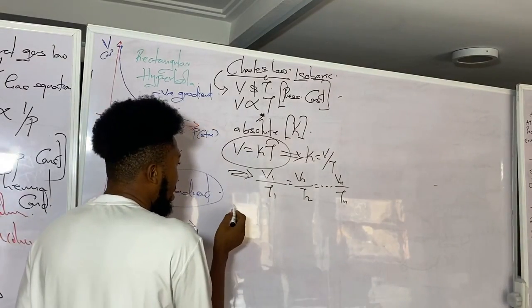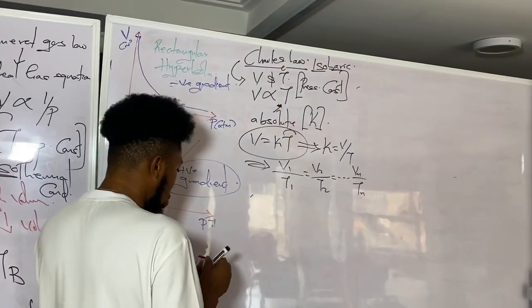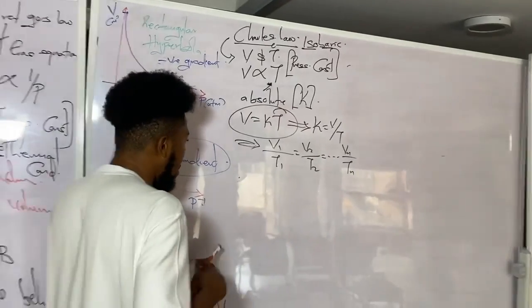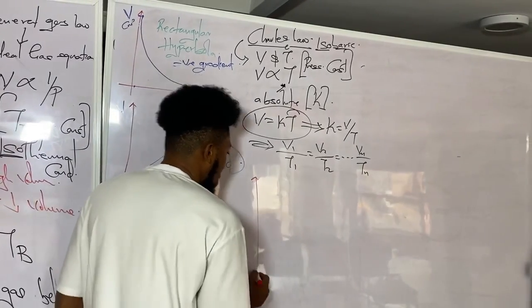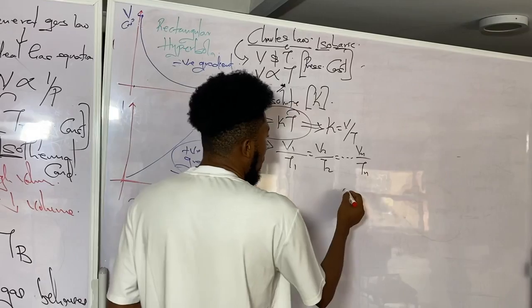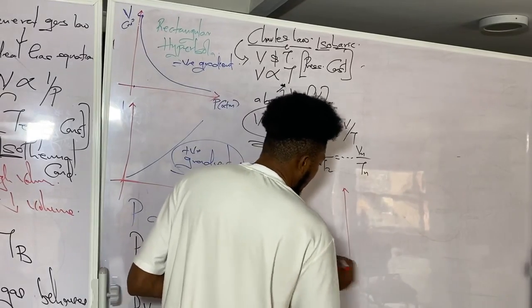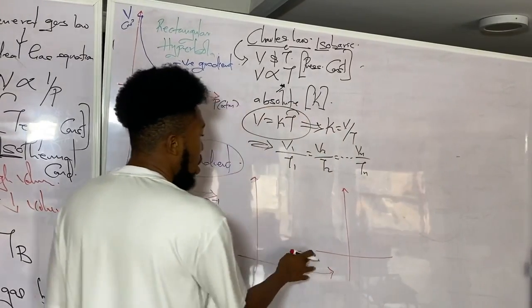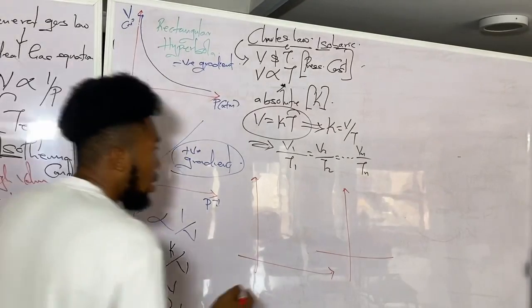Let's look at two basic graphs of Charles' law. Let me look at two graphs that describe Charles' law. So the first graph is a graph where we are plotting